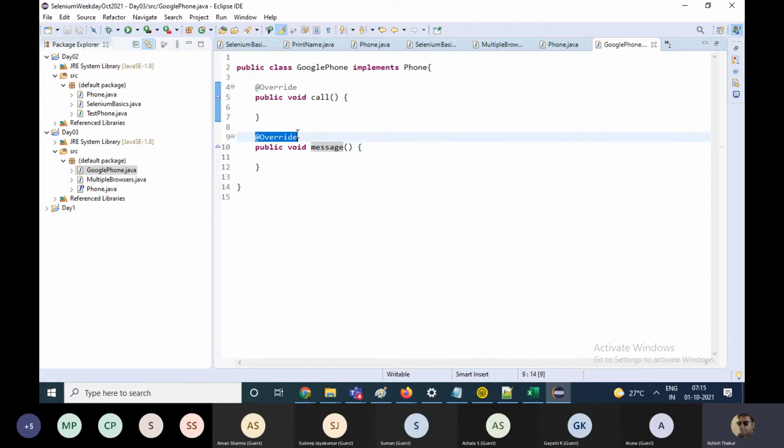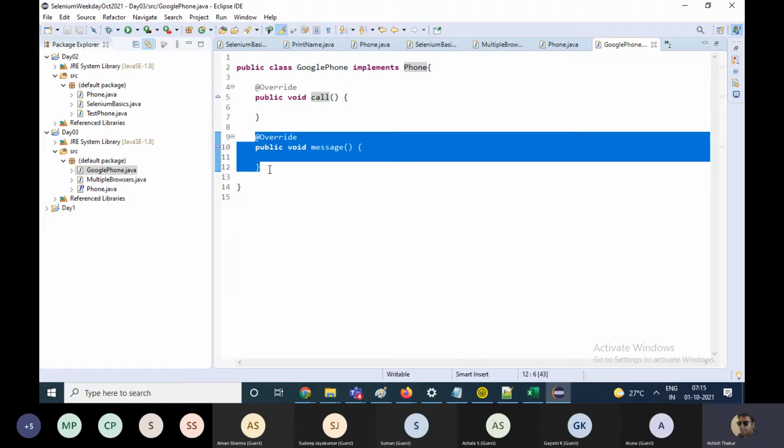This is known as an annotation. You can remove it, there will be no error. This annotation basically tells the user that this function is being implemented from this particular interface. It's just like a symbol showing it is coming from this particular interface.